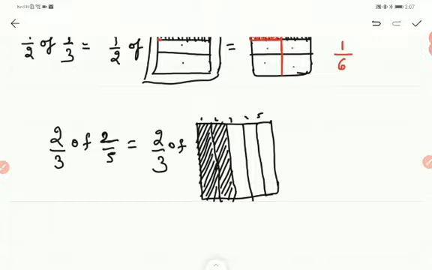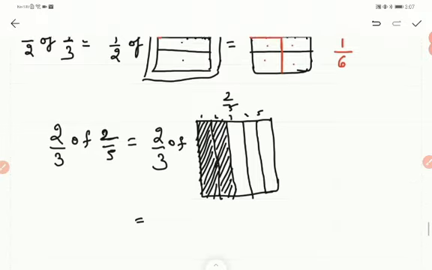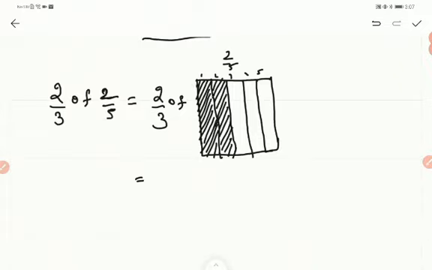So this diagram will give you 2 by 5. Okay, now you need to consider this diagram. We need to divide it again into 3 parts, and 2 regions shaded. That is 2 by 3 we need to add in this. So let's take first